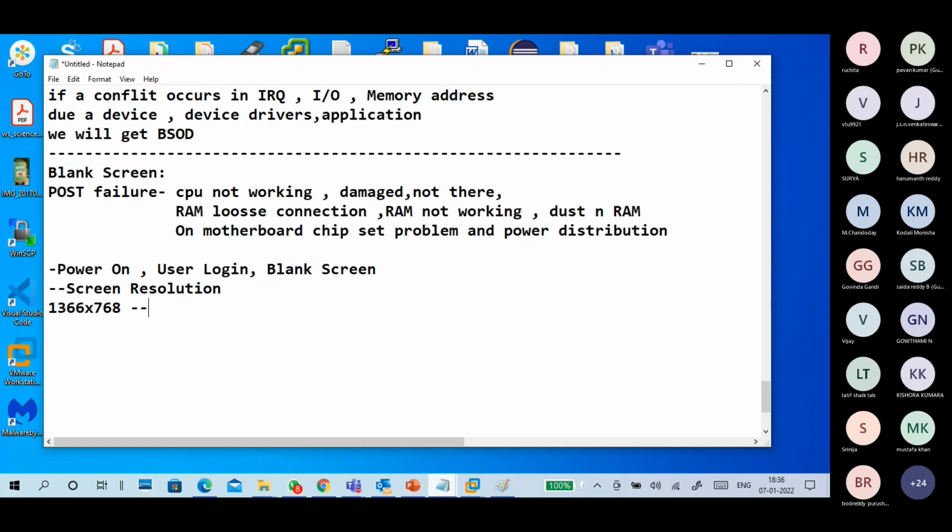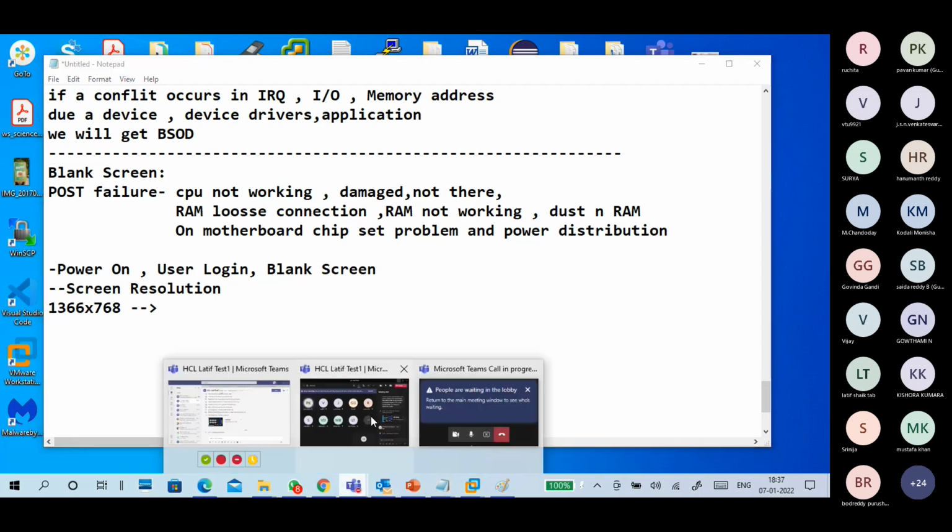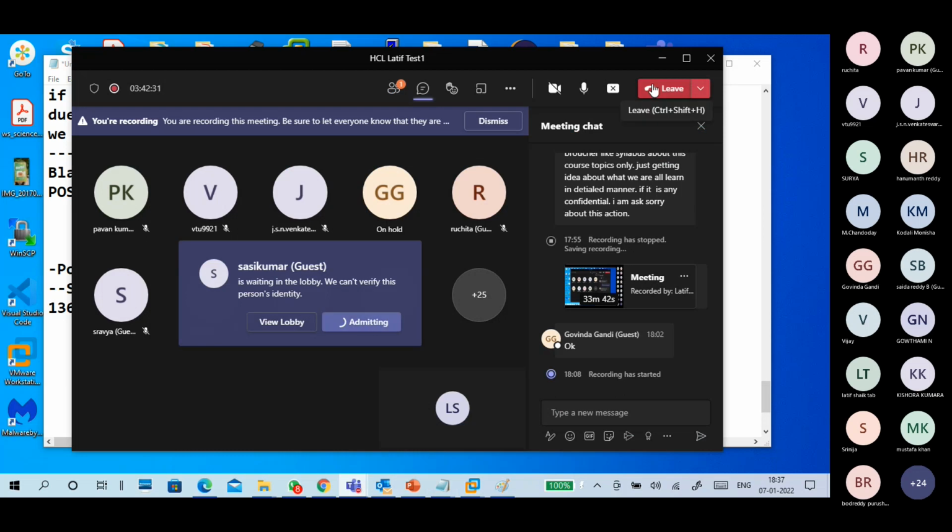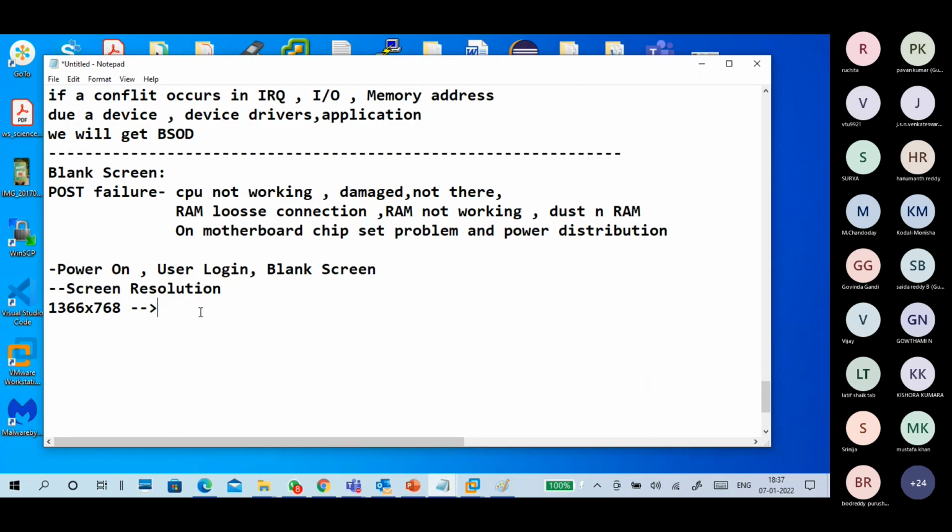For example, this is the screen resolution on my system, on my LED, LCD monitor. But what I did, I increased the screen resolution to one which my monitor is not supporting. What happened? You will get a blank screen.